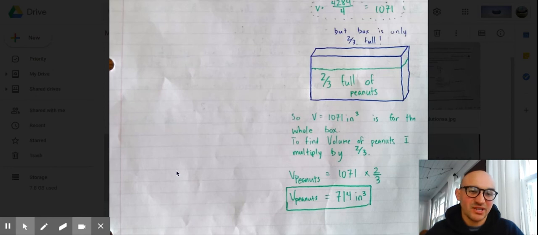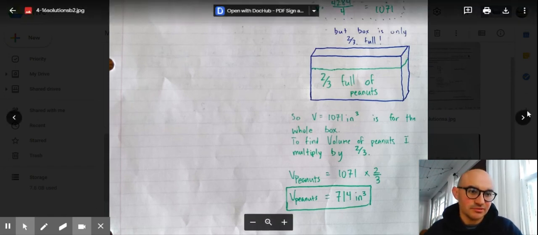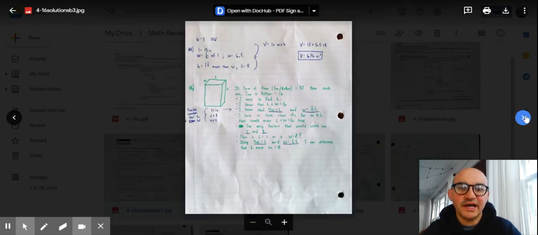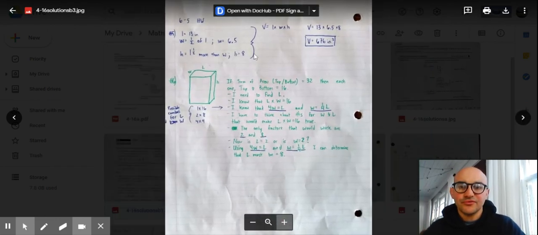So again, if you didn't quite get this answer, don't get too worked up about it, because these are very kind of tricky problems, and these are problems that, to be honest, if we were in a regular classroom setting, these would be problems we would do as a whole group. I wouldn't ask you to do these independently, because these are pretty tricky. Let's move on to number 5. Number 5, we're given